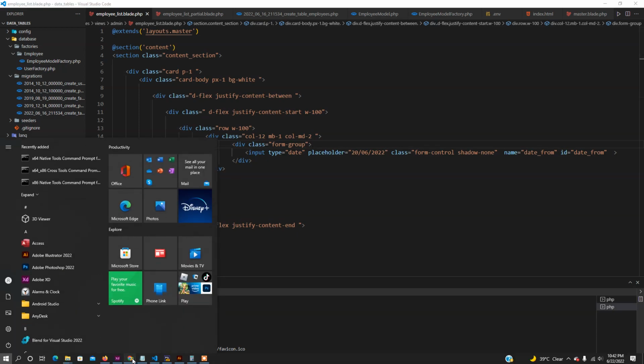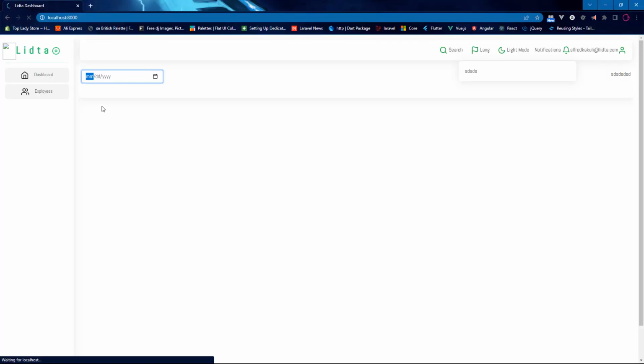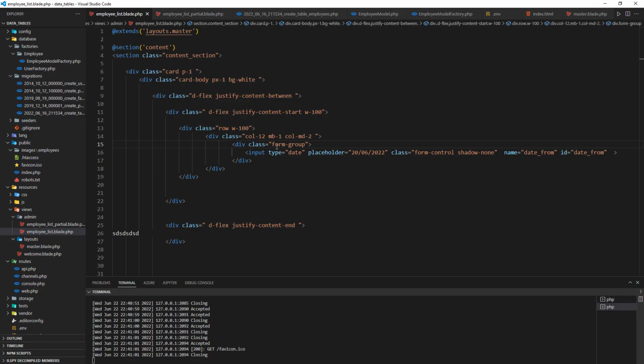If I do that and come back to my page, now you can see we don't have the shadow when we have our form focused on. So that is the first